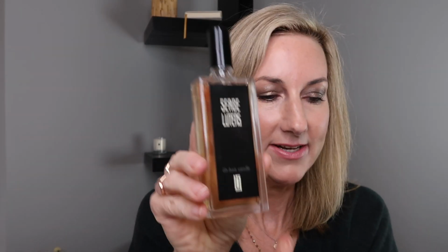And lo and behold, I feel like I found the most amazing vanilla fragrance. I'm probably late to the game, you guys, so I'm just gonna put on a little bit of this. You guys, it is so good. So I'm just kind of in that mood because of the holidays, and this one has black vanilla absolute, licorice, sandalwood, coconut milk, beeswax, caramelized benzoin, and I think there's a little bit of a smoky kind of caramelized